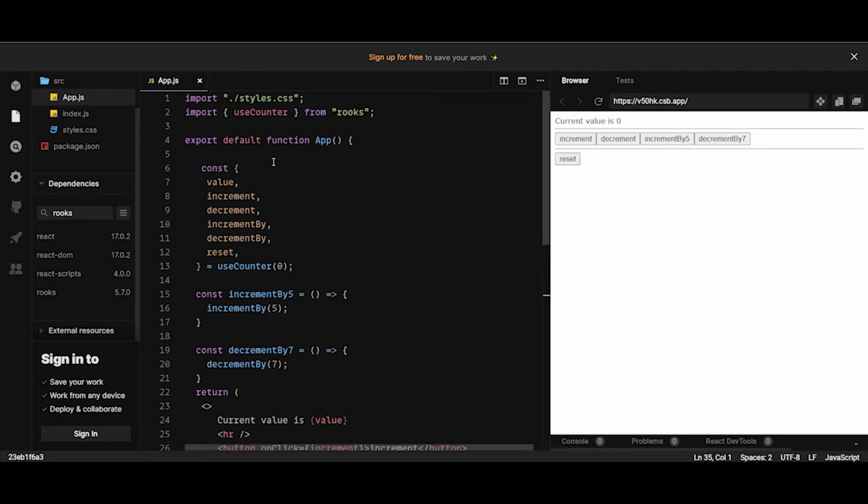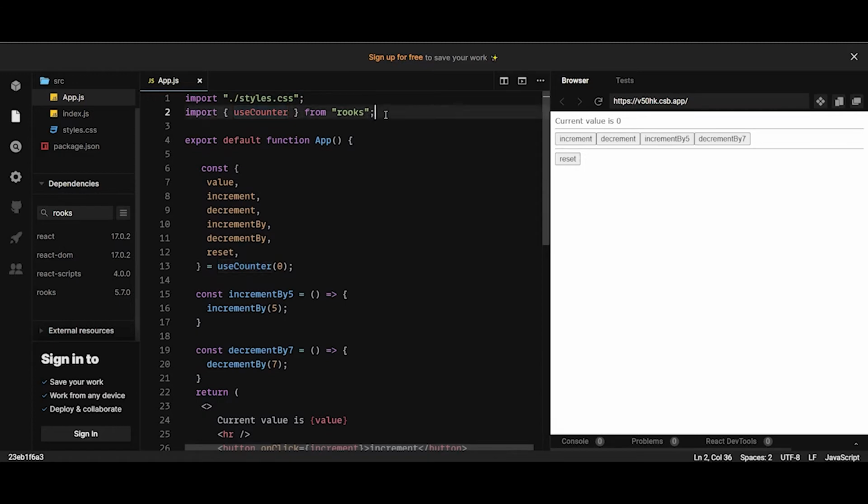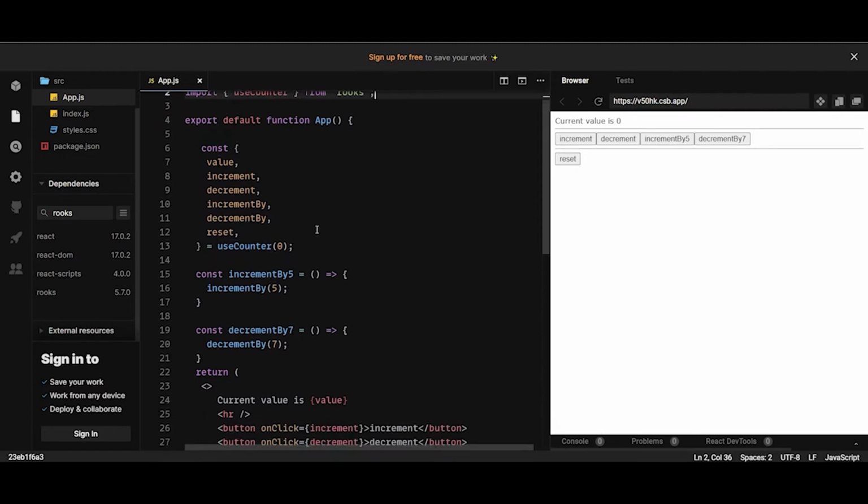Today we are going to learn how to use the useCounter hook from the routes dependency. Before you get started, run npm install routes or yarn add routes dependency. So let's get started. First we have to import useCounter from routes, and after that we are initializing